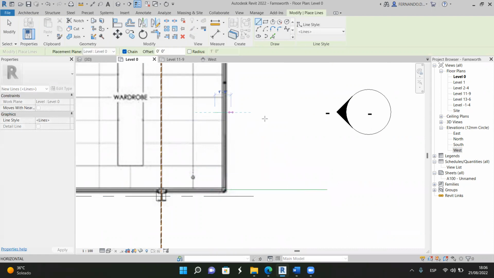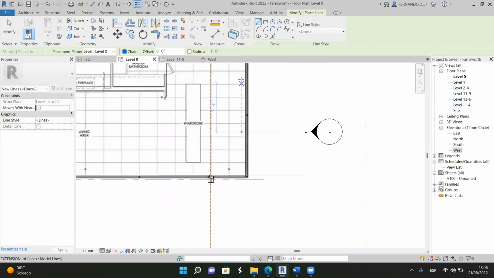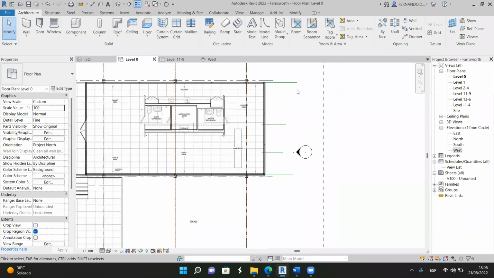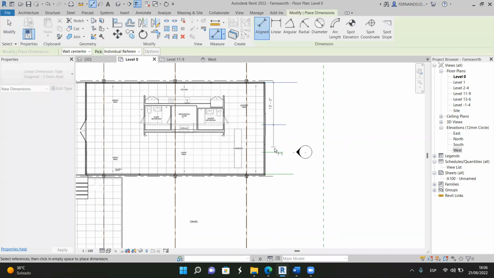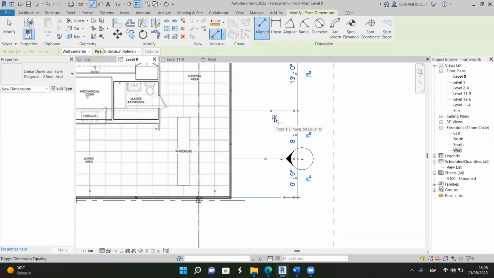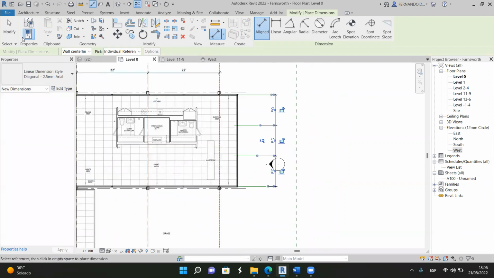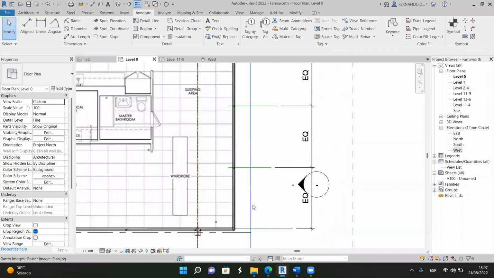And now just 2 vertical lines here. And now I use annotate, align, select these 3 dimensions. They're all different. Click EQ,